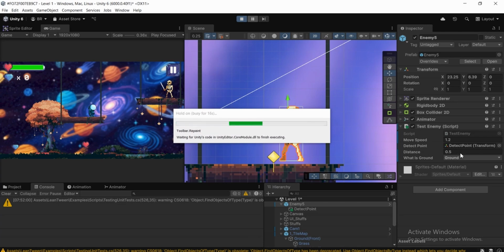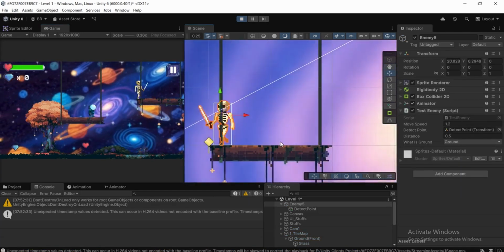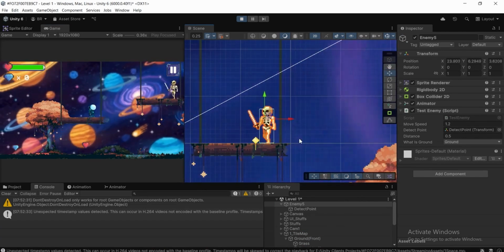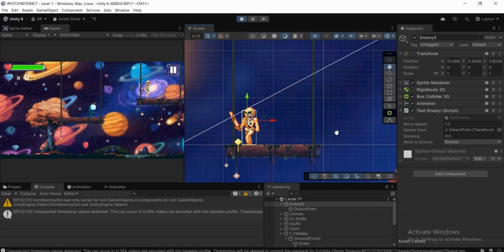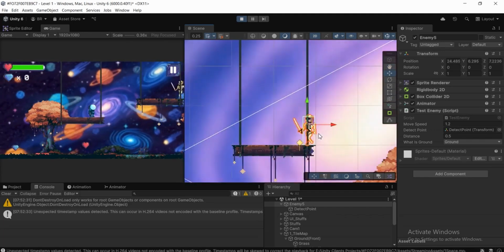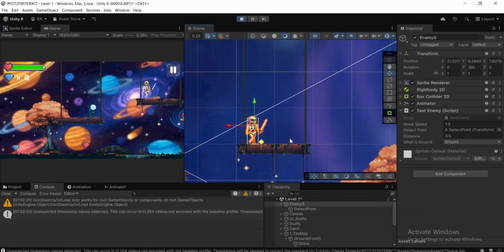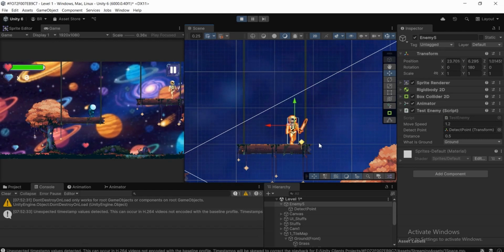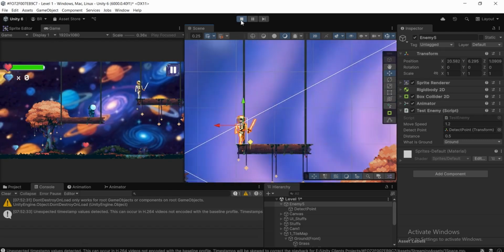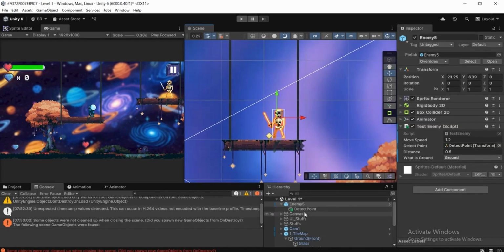and we can play around with the distance, or basically the length of the ray. As you can see, this enemy just flips, and if the enemy is over here, we can notice again it's just going over to the left direction and the right direction. Basically this enemy is just patrolling around this ground, as you can notice. So I hope you get the idea of how you can do it and how you can shoot out the ray. So I'm gonna get out of play mode, and now what we need to do,